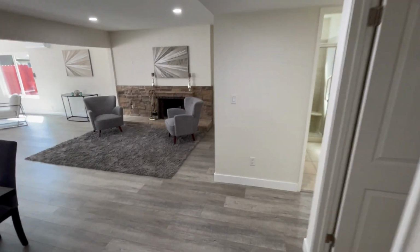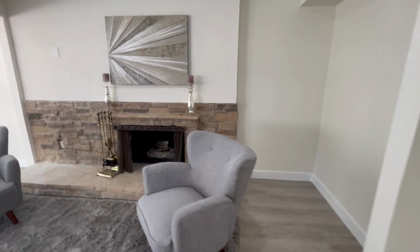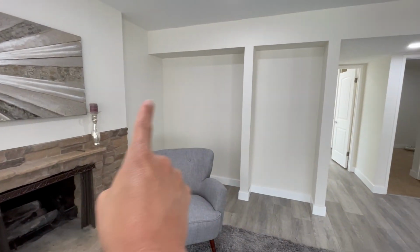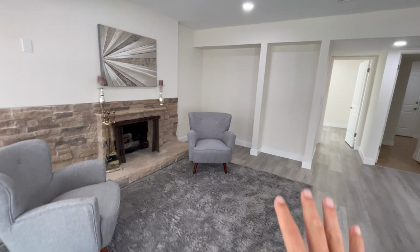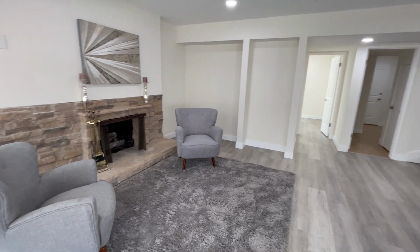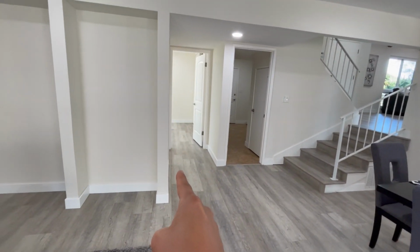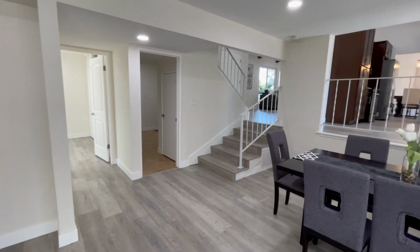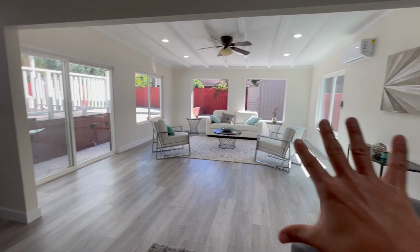But before I do, just notice this little space here. You have like a wood burning fireplace here. You could put some built-in shelves there and turn this into like a nice little library sitting area. It'd be really kind of cool. But you have a bedroom over here. That's your garage, which we'll get to a little bit later, and your laundry. But up there is your one living space, and down here you have